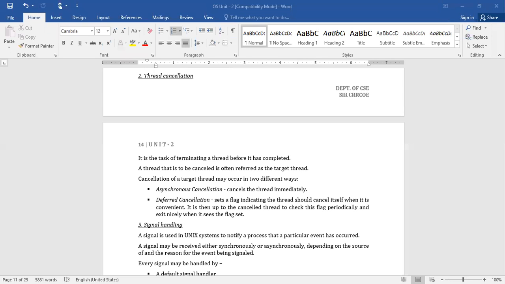Similarly here also, what about thread cancellation? It is the task of terminating a thread before it has completed. Is it possible, will such kind of facilities be available? A thread that is to be cancelled is often referred to as the target thread, right? So a thread can be terminated.